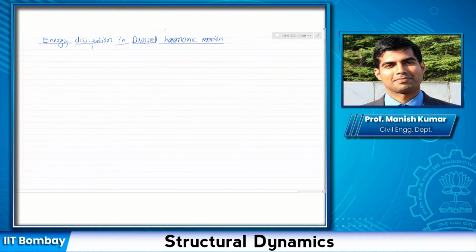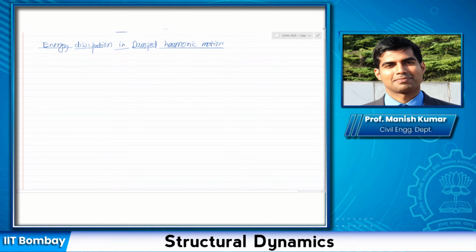Consider this: during the steady state, what is my damping force? It is C times u dot. What is my u(t) here? u(t) is u naught sin(omega t minus phi). This is the solution for the steady state response of a single degree of freedom system. So C u dot is C u naught omega times cos(omega t minus phi).